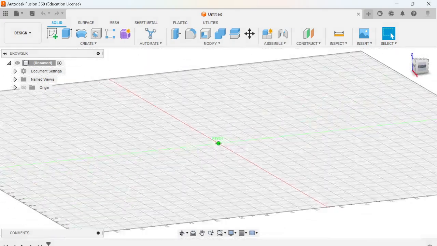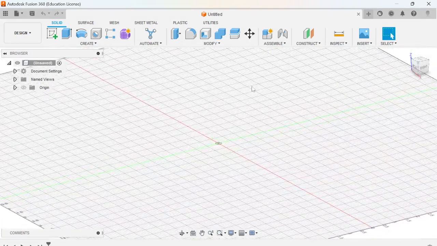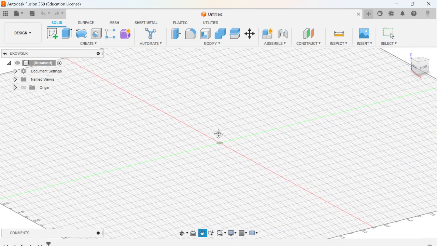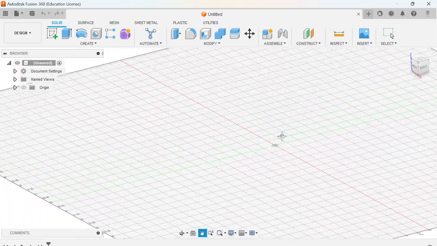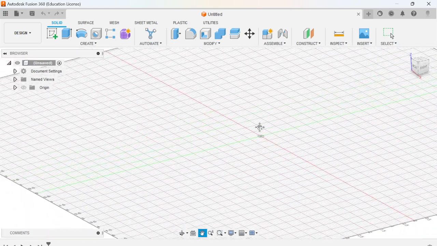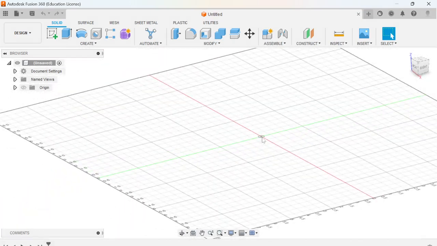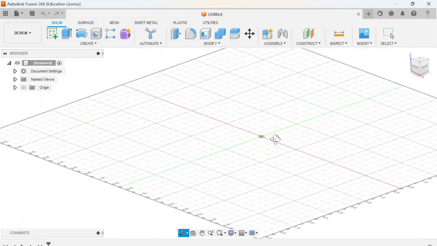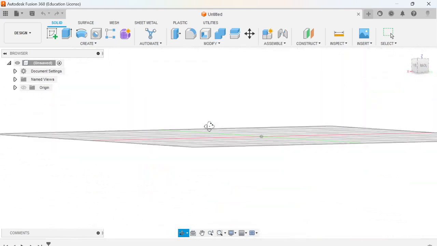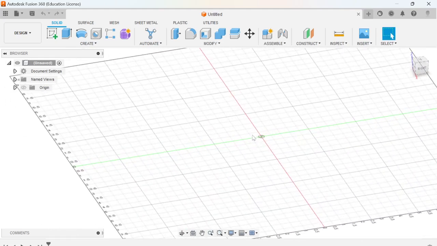You can click and drag on any of these faces, you can pivot around. If you have a mouse, middle mouse button down is pan, so you can move side to side. Your mouse wheel is zoom in and zoom out. And then shift plus middle mouse button is to orbit, just like this. And again, if you have a trackpad,